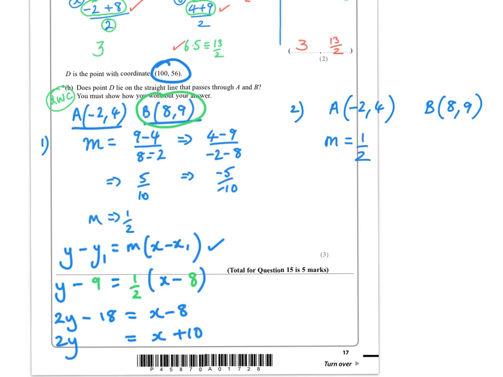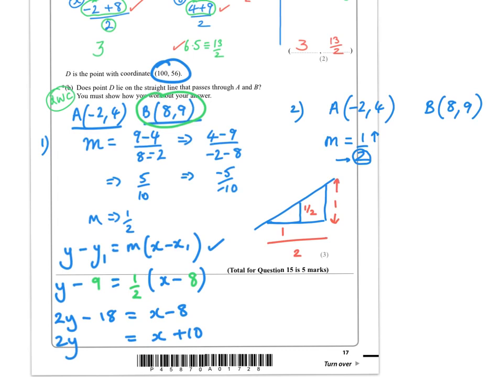And what that means is, if you have the line, for every 1 unit you go along, you go up by half as much. So if you went along by 2 units, you'd go up by 1. And that's one way of looking at this. That's what you go along by, and this is what you go up by. So that takes experience to work out. So 1 along, a half up, 2 along,